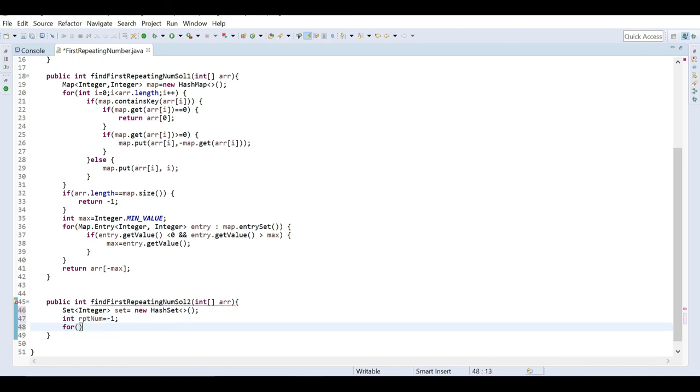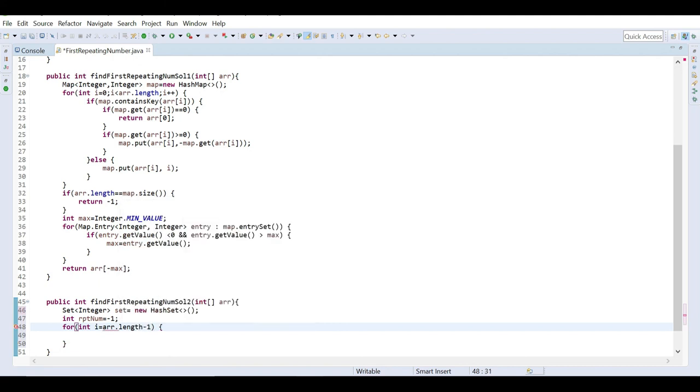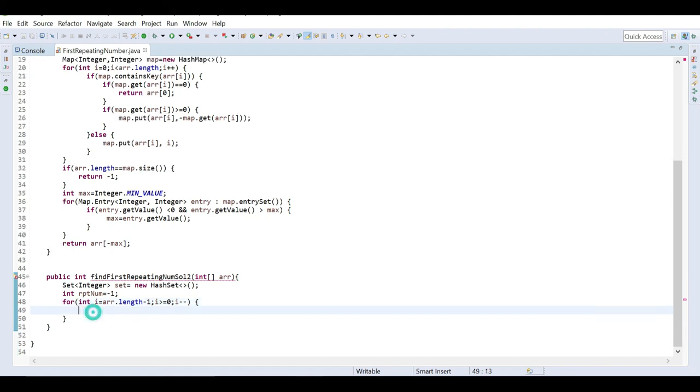Then we write a for loop with integer i, and this time we run it from behind. So it starts from array.length - 1, runs while i is greater than 0, and i decrements, so it runs in the opposite direction.